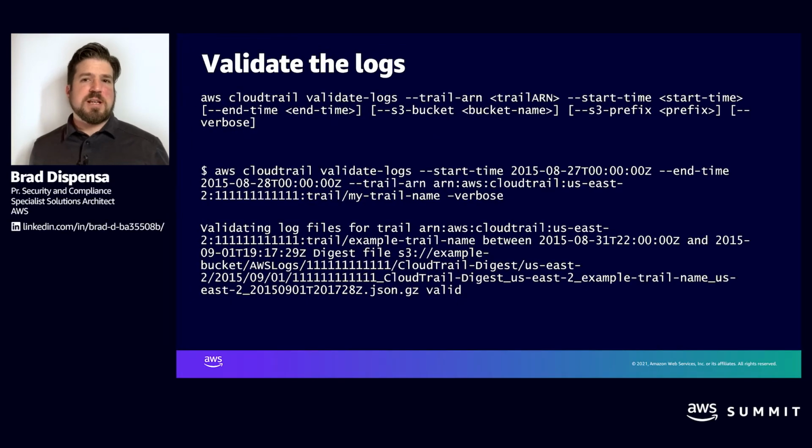The process for doing that is pretty simple. In this case, you can see a CLI snippet here where we're using the CloudTrail validate-logs function. In the middle statement, you can see a more accurate example where we're calling out the start time for the range that we want to perform the analysis on, the end time, and then the specific trail ARN that we want to target.